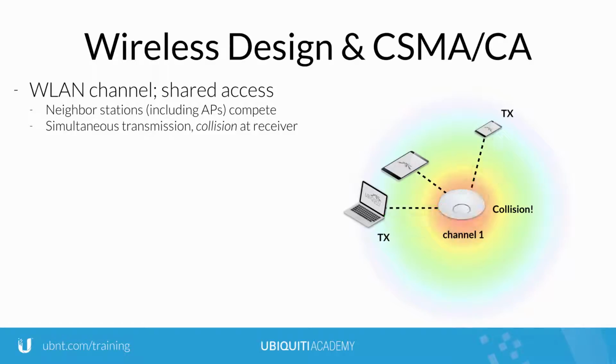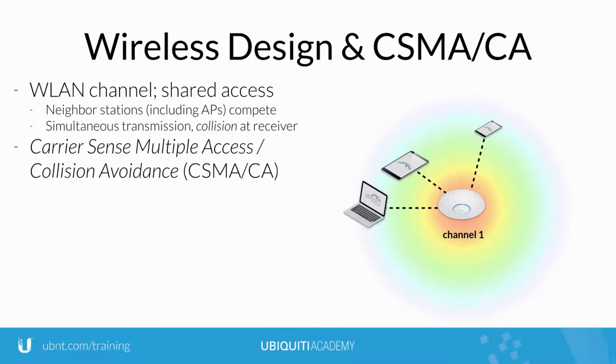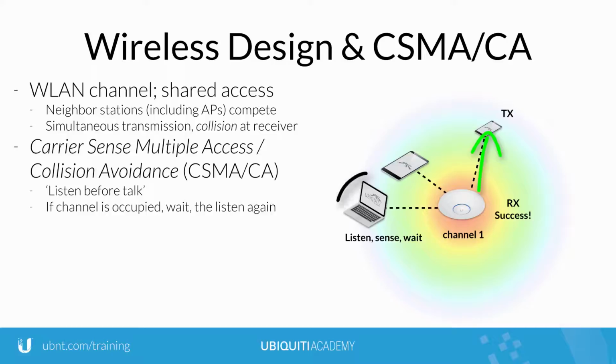necessitating a retransmission. In order to reduce the chance of collisions, the 802.11 wireless protocol relies on carrier sense multiple access collision avoidance, or CSMA-CA for short, which basically requires wireless stations to listen before talking. Under CSMA-CA, if the station senses that the wireless channel is occupied, it waits for a random amount of time, then